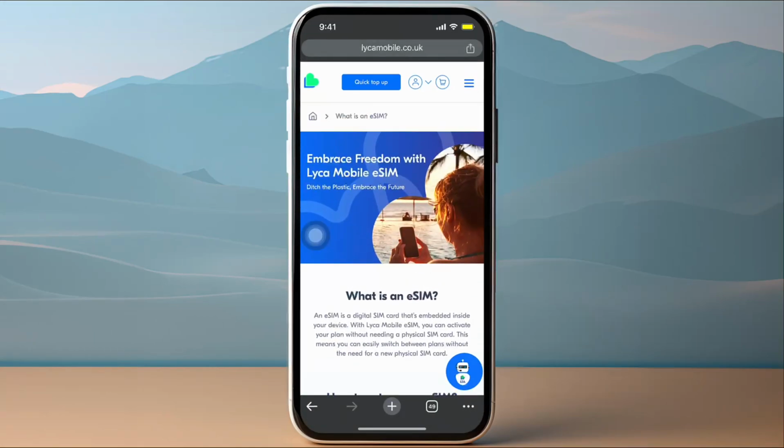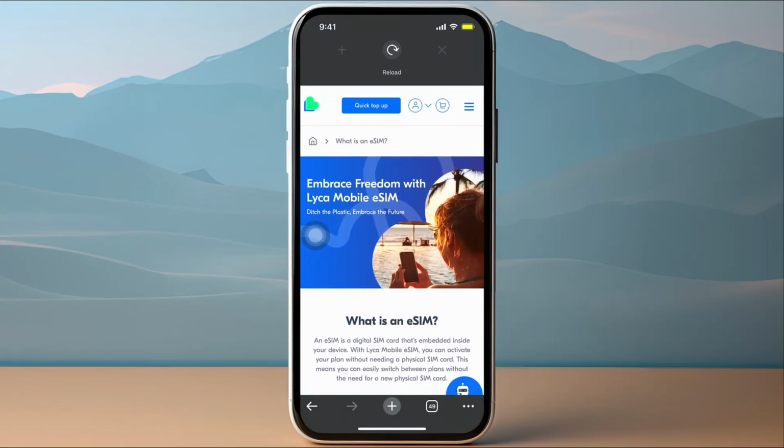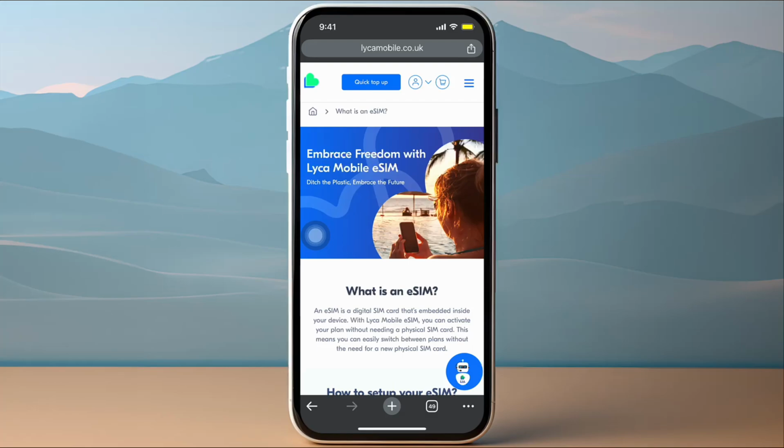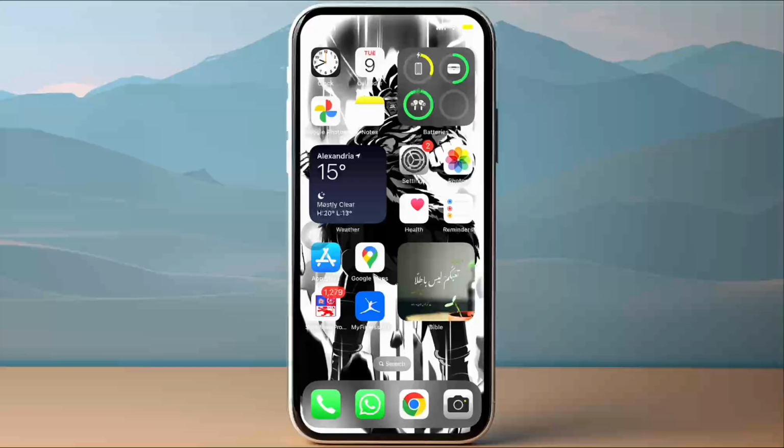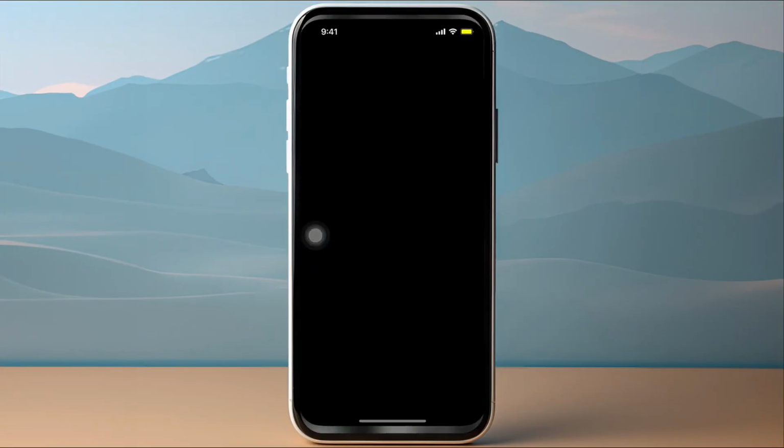lycamobile.co.uk, and once you choose your plan, the plan that suits your needs, you will be sent, once you continue the payment and purchase the plan, you will be sent a QR code on your email or any type of communication they are using. And once you receive this QR code, you simply need to go to your settings and